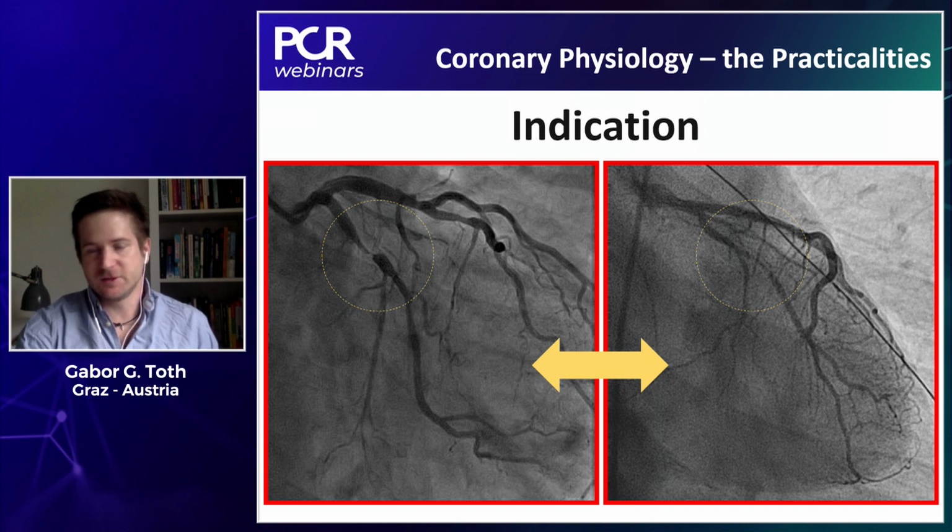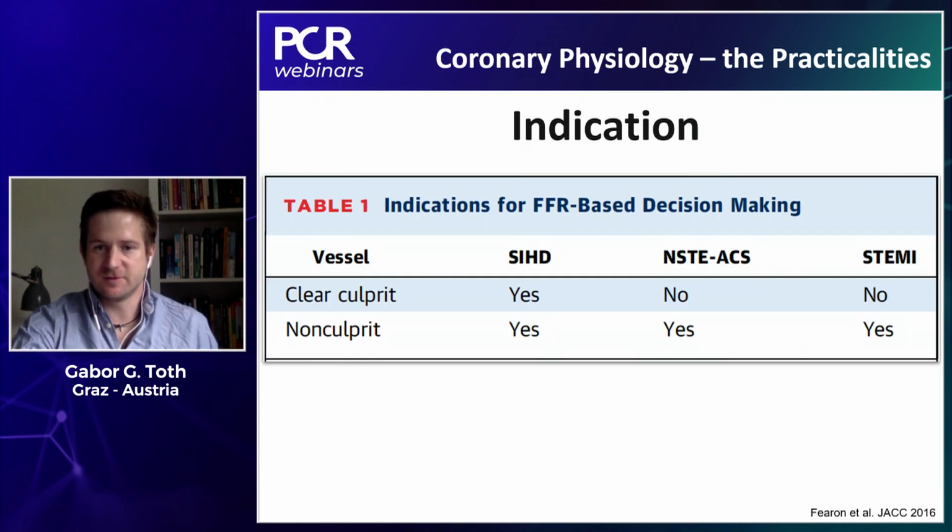While if we consider this case on the right side, coming with no functional test before, and we identify some lesion in the circumflex without any understanding about their related ischemia, then of course we need further proof before we go on with revascularization. So if you talk about the indication of coronary physiology in the cath lab, I would like to refer to this paper